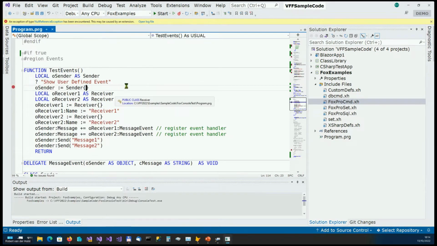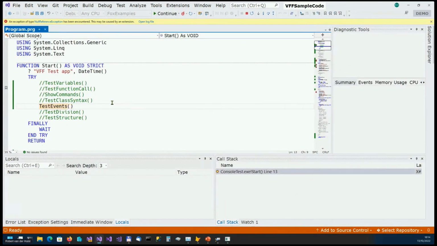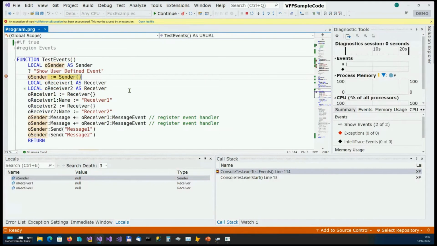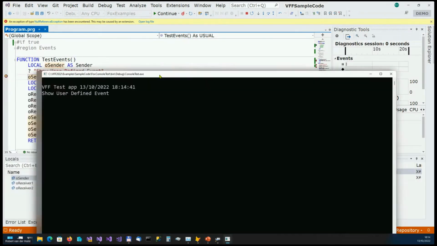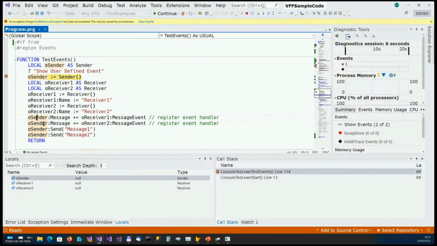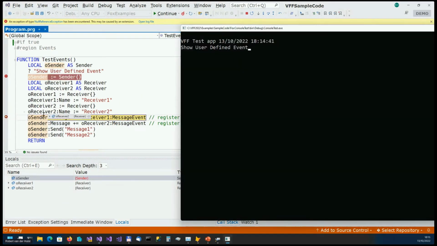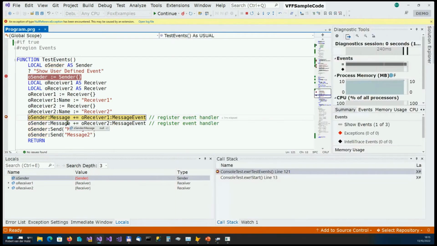As you can see, I've typed all my locals, because if you want to do these kinds of things, you want to have locals that are typed. And I'm going to go here, run to here. We see nothing yet. Now I'm registering the event handlers. You will also not see anything yet. But if I now send,